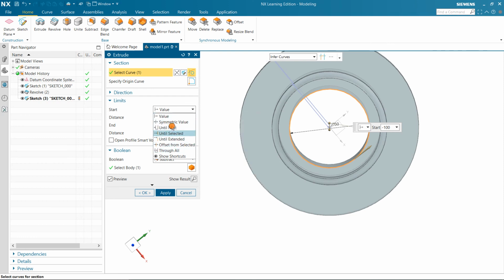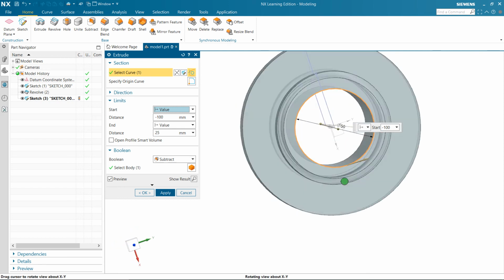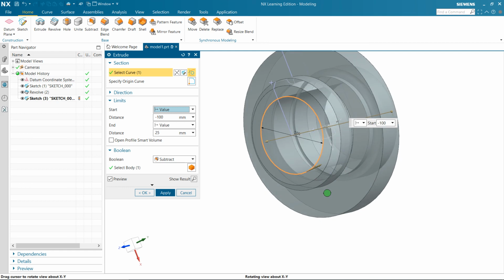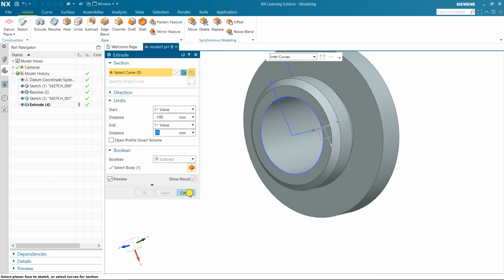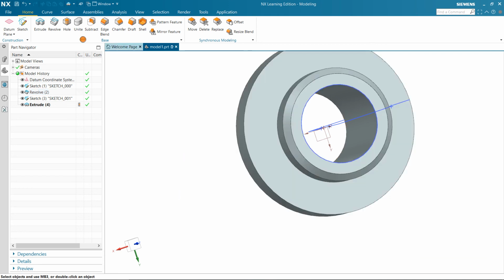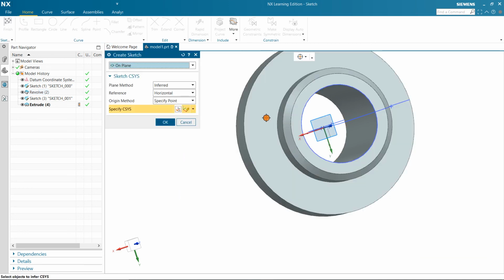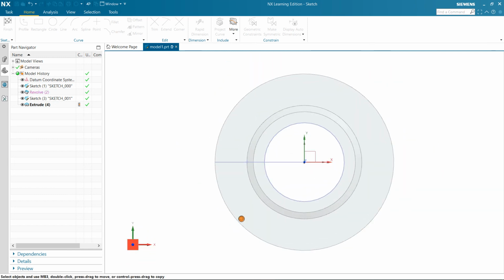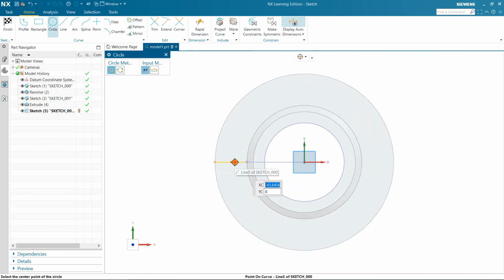That means the object that you have selected will be subtracted from the body, the target body, and then click on apply. Now again I have to create a pattern of holes here. So similarly click on sketch and select this plane and click on OK, and now I am selecting circle, and it will trace out the midpoint, and click on that point and diameter as 10 mm. Again press escape on your keyboard, and now again extrude that circle, click on apply